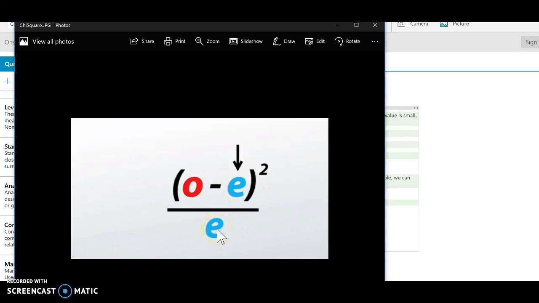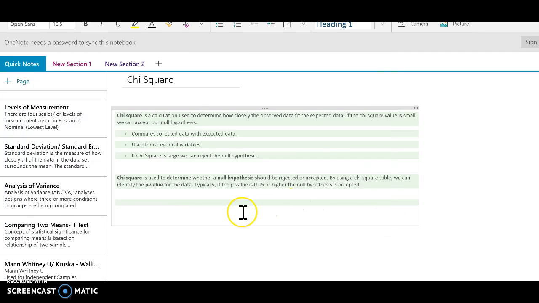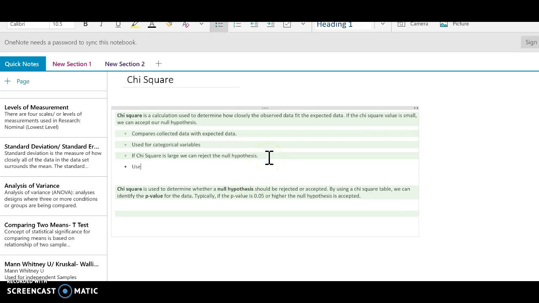Now to do this, we have to use, again, what we used for a t-test that you've seen previously, degrees of freedom. You'll see it as D or DF, and this means